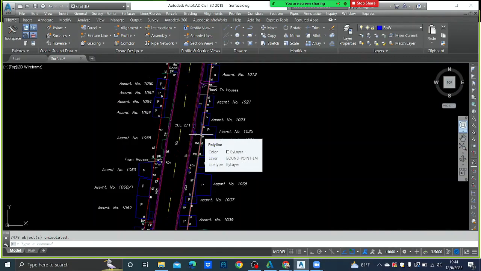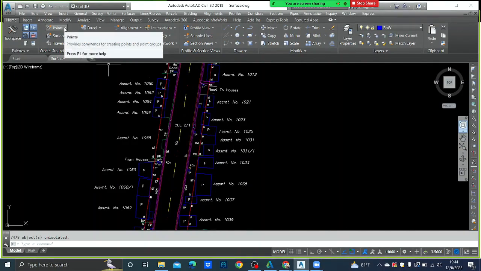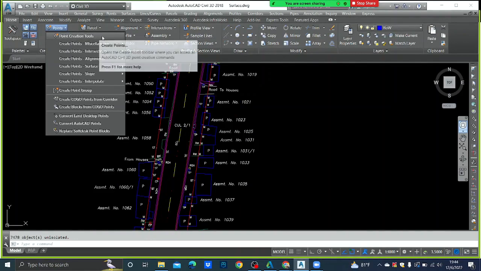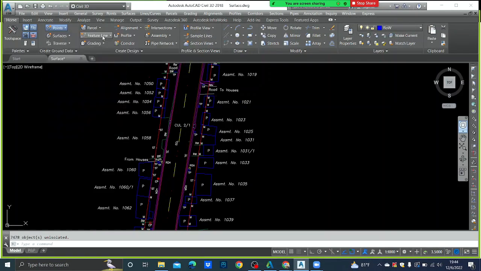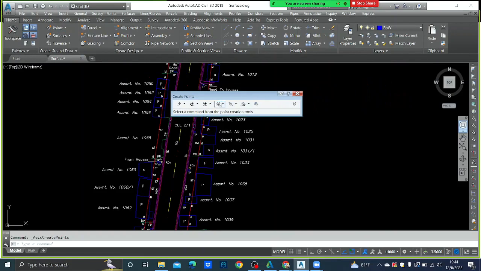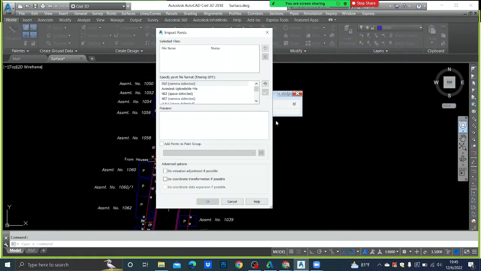Okay, so for that there is something called points here. Points. If you drop down it, there comes point creation tools, right? Then there comes a dialog box, create points. Here at the end of it, there is something called import points, right? So if you click that, there comes a dialog box, import points,